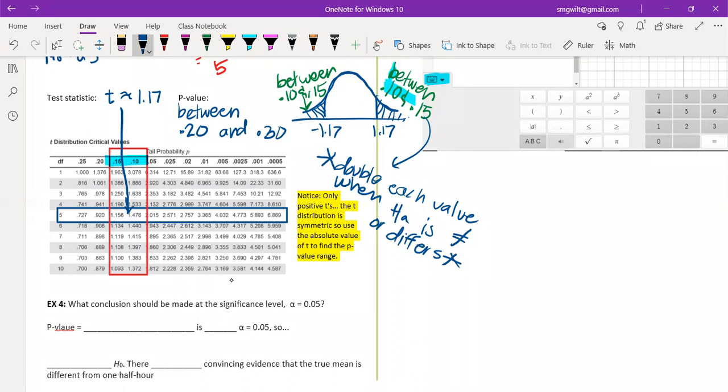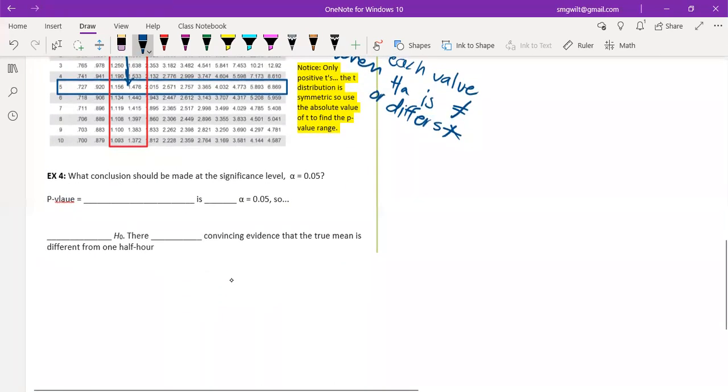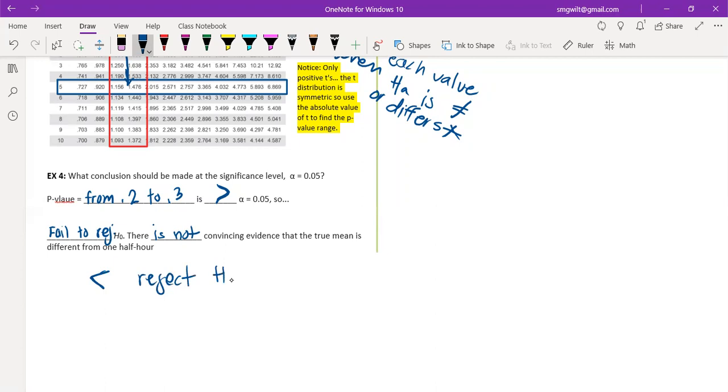So the last type of thing that you'll be asked is to draw a conclusion based on a significance level they'll give you in the problem. So in this case, alpha is 0.05. So remember that our p-value is from 0.2 to 0.3. And so both of those values are greater than alpha. So that means that we are going to fail to reject the null hypothesis, which means that there is not convincing evidence that the true mean is different from 1/2 hour. So remember that if that was less than alpha, we would reject the null hypothesis, which would mean that there is evidence